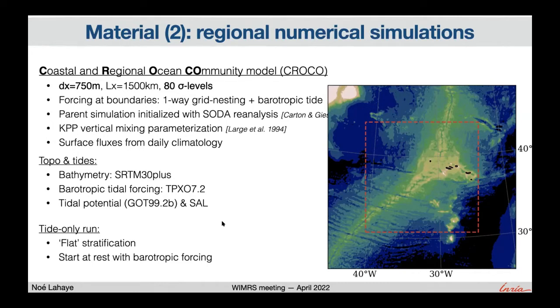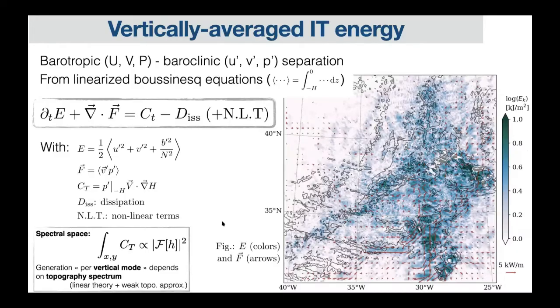So let's jump into it. So we want to investigate the life cycle of the internal tide. So the first thing we did is to decompose the barotropic part, so what is vertically homogeneous, and the baroclinic component of the tidal field, so the field at the tidal frequency, and use as a framework to analyze data the linear Boussinesq equations,